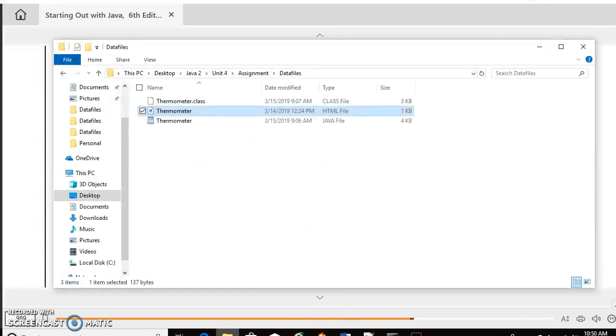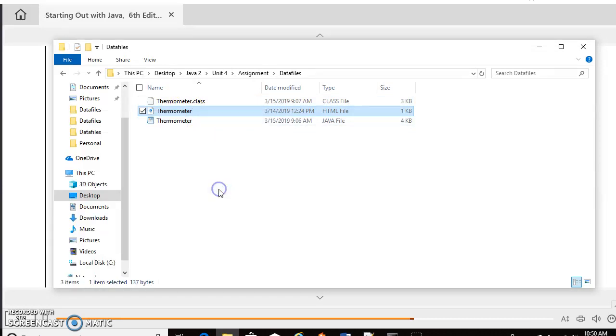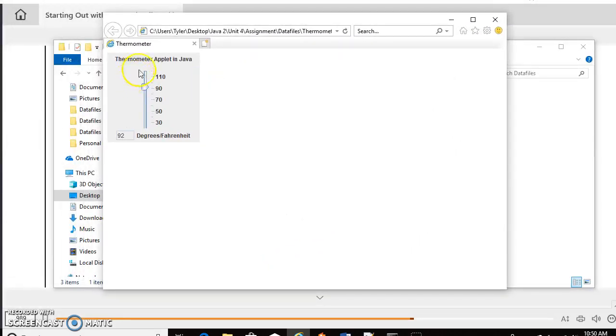So I'm going to go into my files. Here I have the HTML file that displays the Java applet, and I'm just going to open that in Internet Explorer because that's the only one I've gotten it to work on so far. I'm going to allow the blocked content, and then over here, you can see that. That's probably better. You can see that the applet displays in the